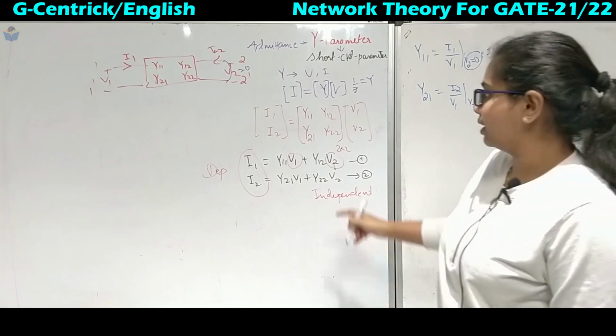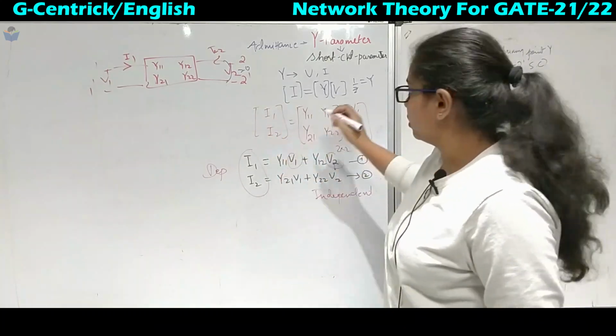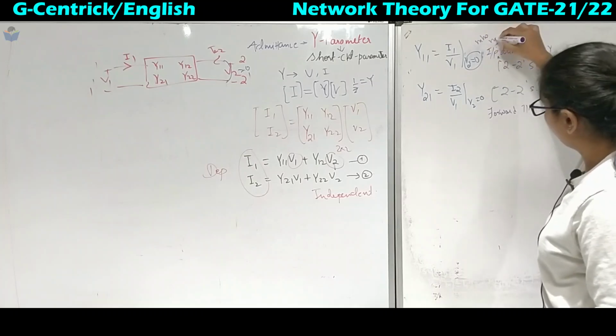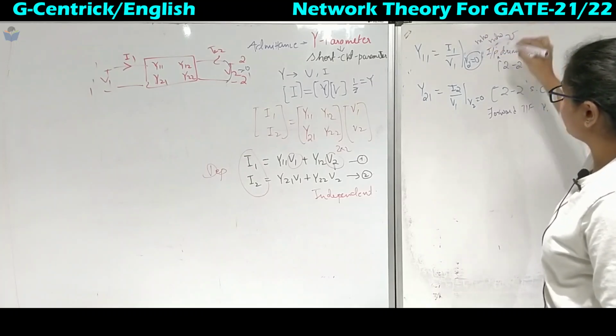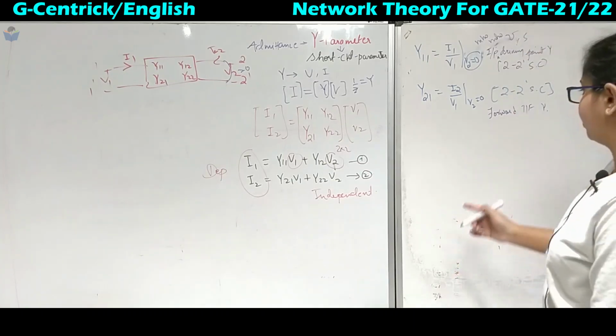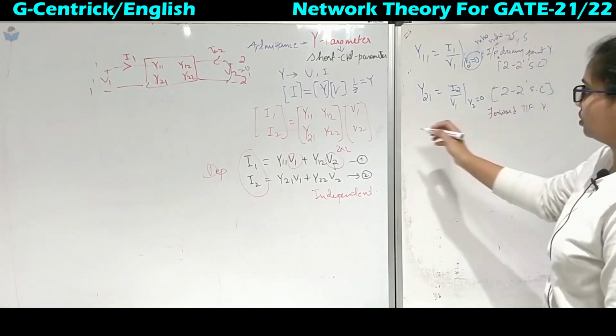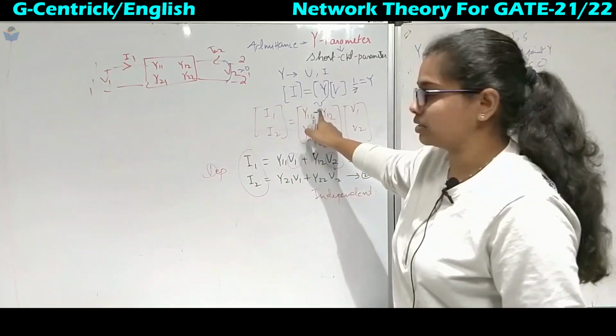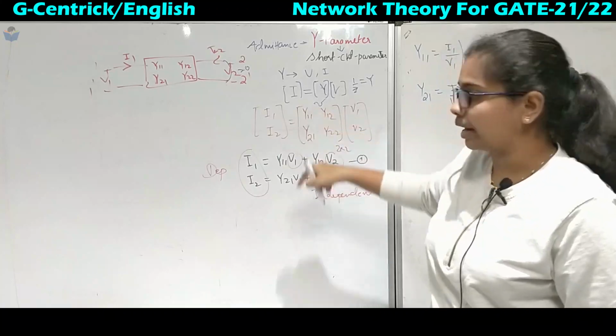Okay, and one more thing, this admittance unit is mho. You can call it mho or moho, or you can represent it with this symbol, and one more unit is Siemens. So this whole Y parameter will be in this symbol. Siemens is the symbol of the unit of this admittance.